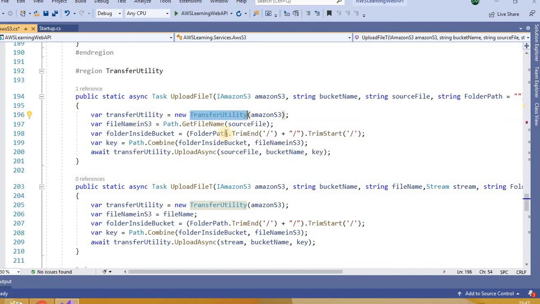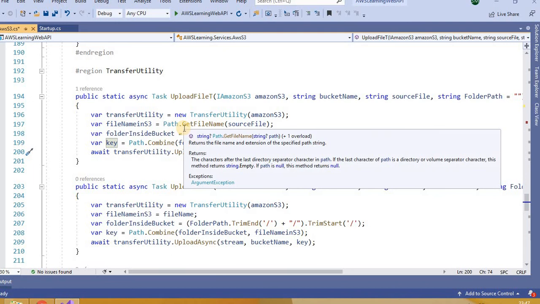So in that case we are creating one object of transfer utility, to which we are providing the Amazon S3 client object. Provide the source file, which file we want to upload, in which bucket, in which folder, and with which name we want to upload. So everything will get uploaded here.